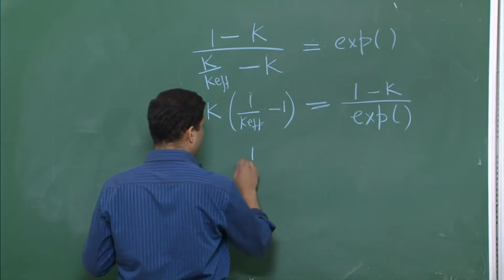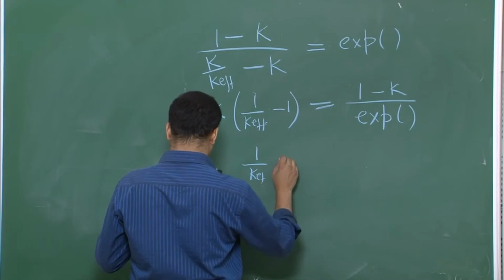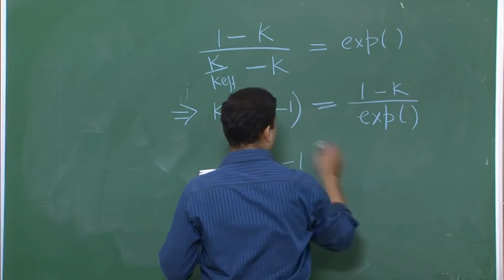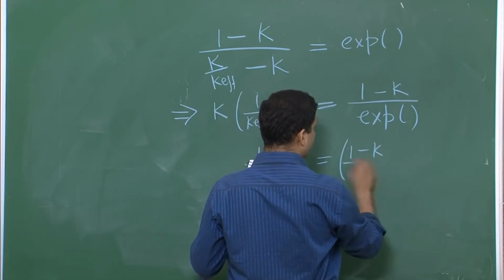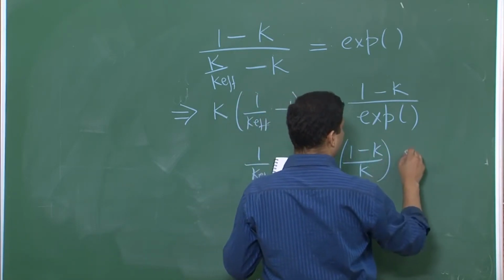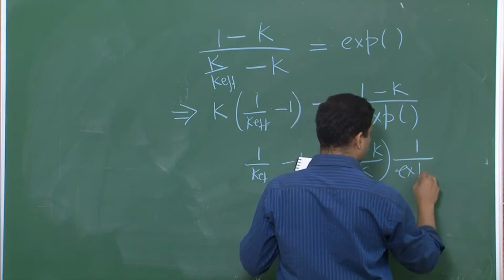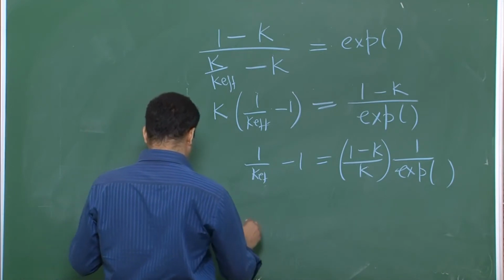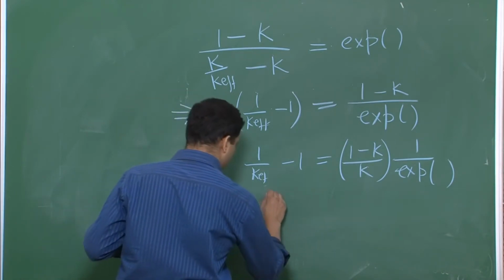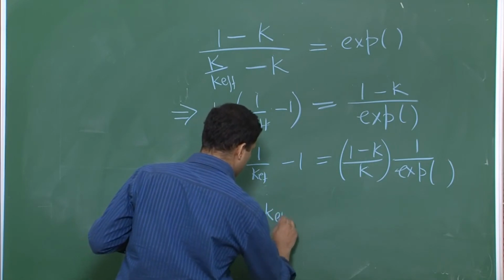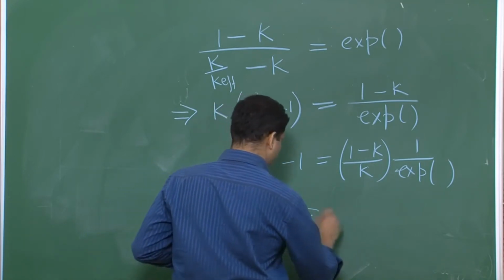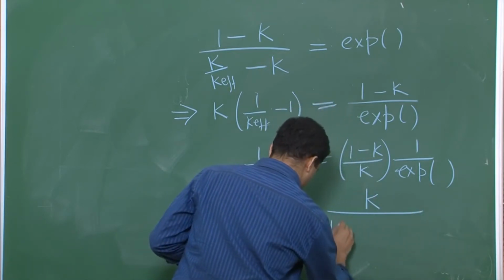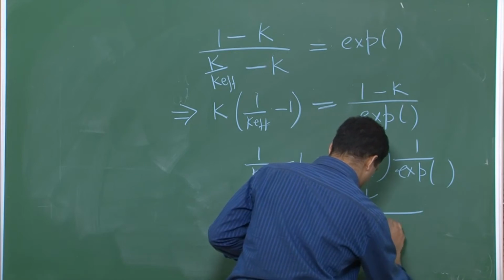Or we can say 1 over K effective minus 1 is equal to 1 minus K divided by this K. So we take all these K terms together, and this becomes 1 over exp of V delta by DL. And if you put these things together, you will see that this becomes K effective equal to K by K plus 1 minus K